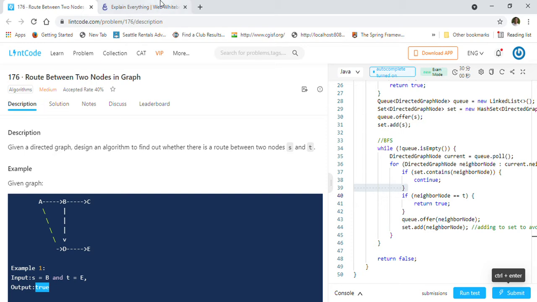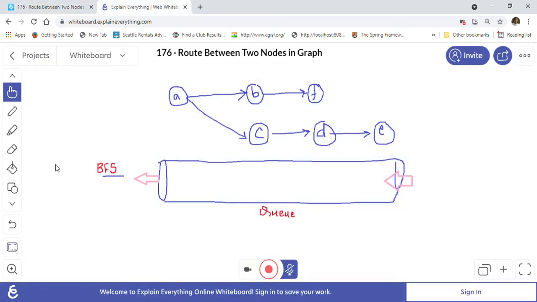So let's go over here so I can explain with an example how we can use a Java queue to implement this. I took a graph here. This is one graph, and let's say our source node is A. So our source node is A here, and we have to find out if we can reach the destination node E or not.